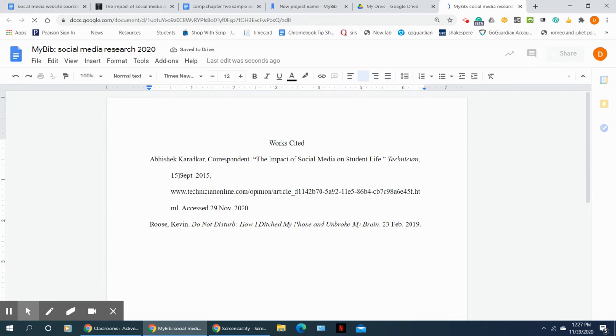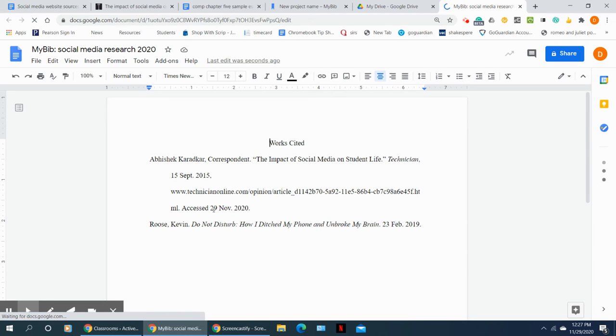Okay, now one of the things that is really important, you see this is a hanging indent. Don't mess around with this. Don't add anything and hit tab or anything. This is the hanging indent that you will want. Some teachers are super picky about that. But this first word, and if it's the author, okay, you would put that into your parentheses. Now, if you put Abhishek Karadkar, that's fine. Even if you put all three, I really would like to have less,